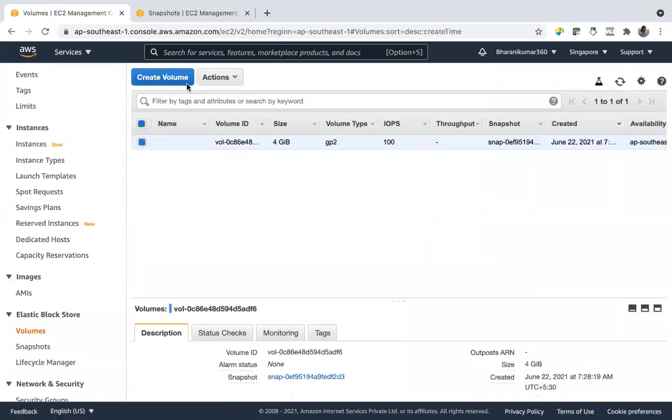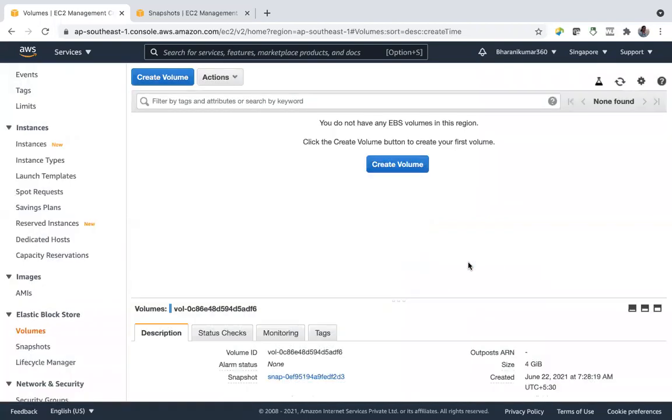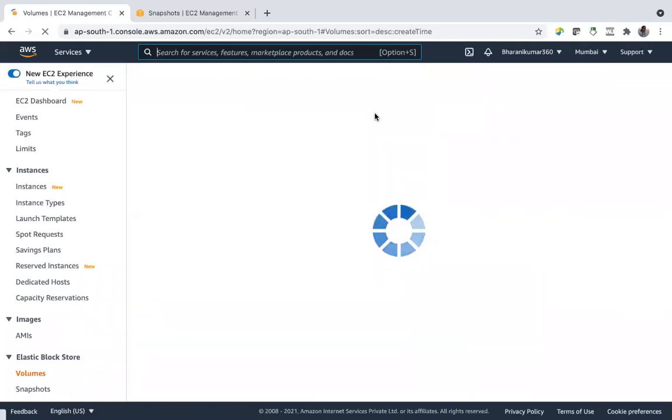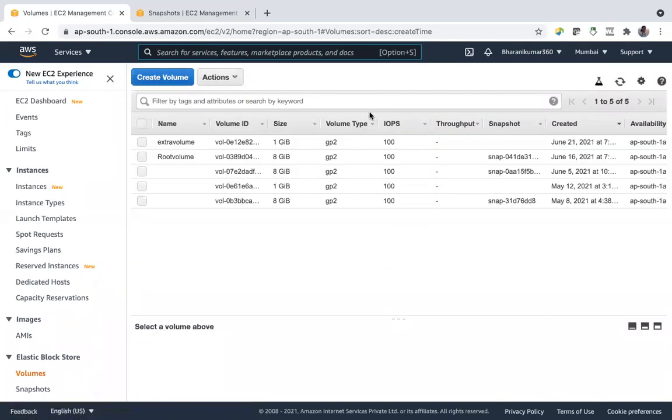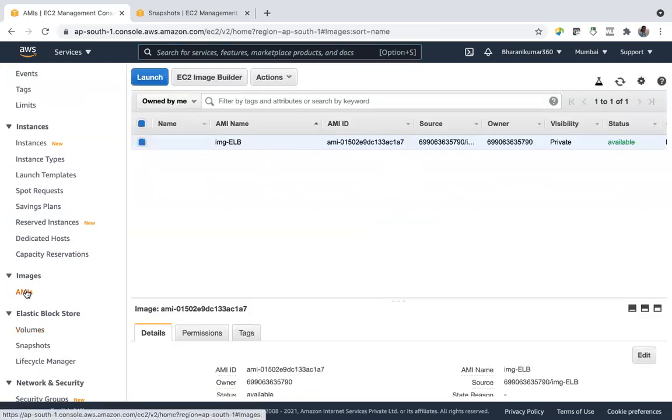Volumes. Let me delete this volume. Go back to Mumbai region. And then we have something called as AMI. We already know what AMIs mean. Amazon Machine Image. And using that image, you can boot your instance, virtual machine.